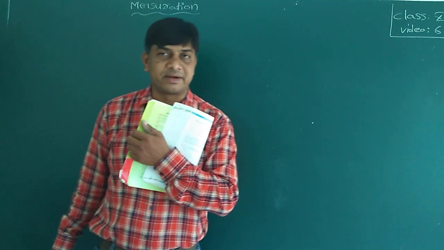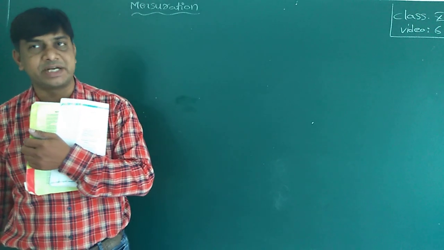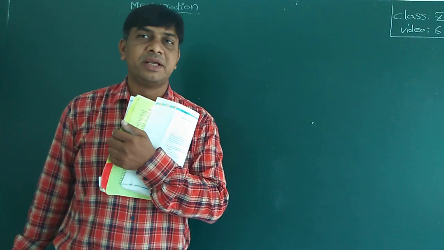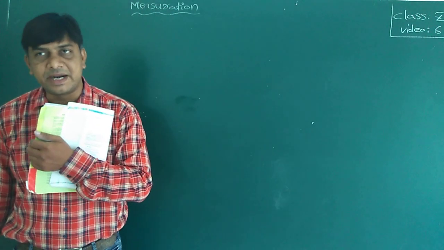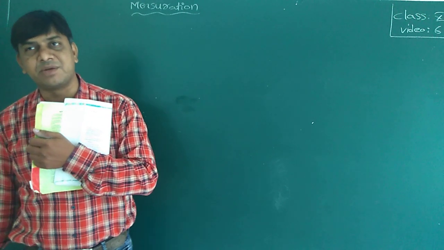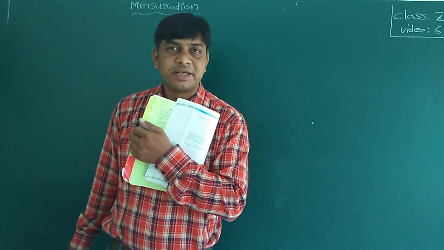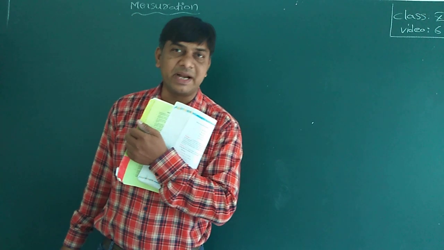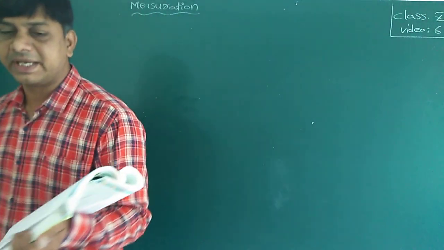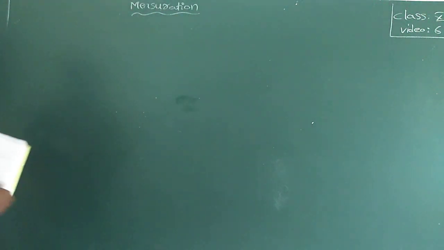So be careful there. 20 per meter square means no issue, that is directly multiply the cost to the surface area. But if it is per 100 meter square, you need to multiply the cost with the surface area and divide by 100 also. Sometimes they may give in that way also.